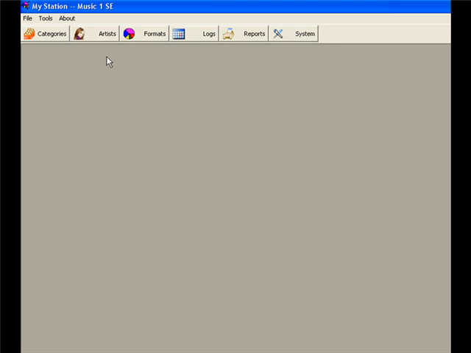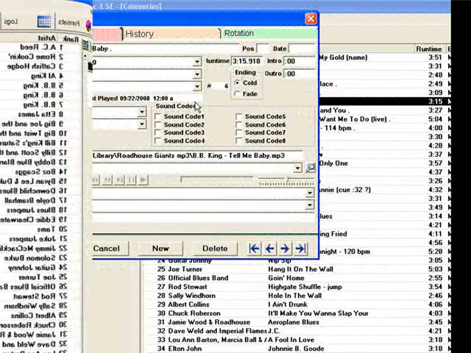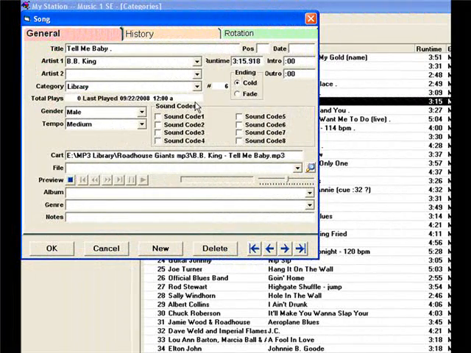After you've used tag editing software to examine and correct the title and artist tags of your MP3 files, and then exported your library data to a comma-separated CSV file, then you're ready to import your library data into Music One. Before you do your first import, you need to understand the functions of two very important fields on the